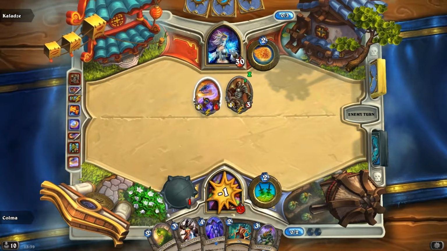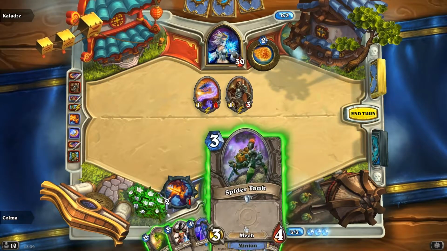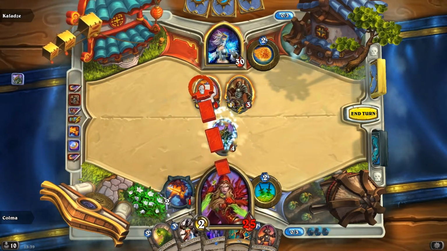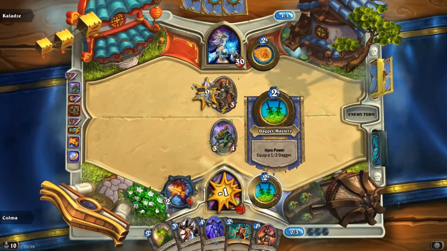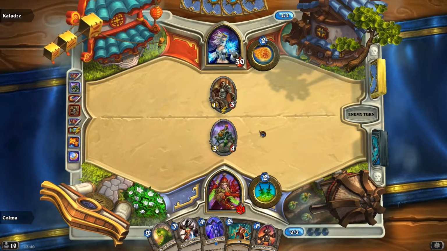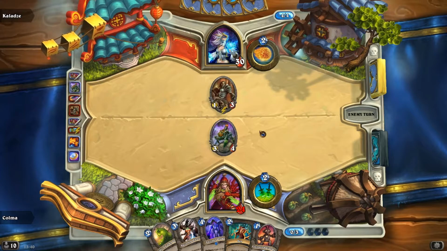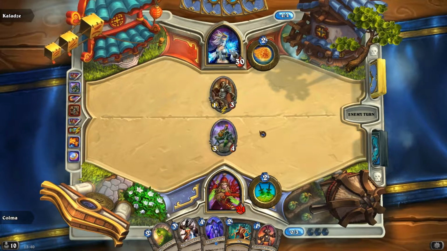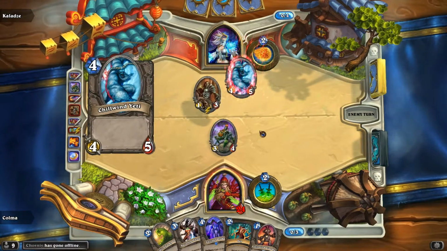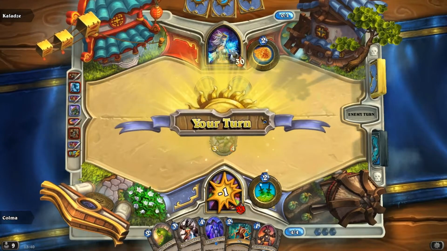Okay, so we killed that off, play the Twilight Drake. Oh wait, no, we can't play the Twilight Drake yet, of course. So we'll play the Spider Tank. Kill that. Okay. The next turn we can play the Twilight Drake. And hopefully we can just kill the... Oh wow, a Yeti. Okay, well...